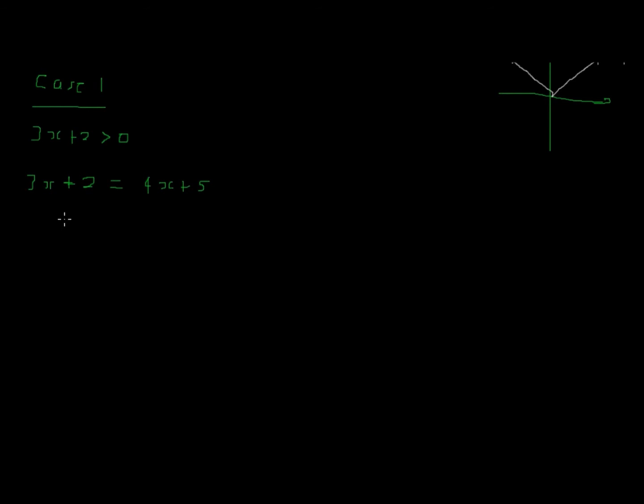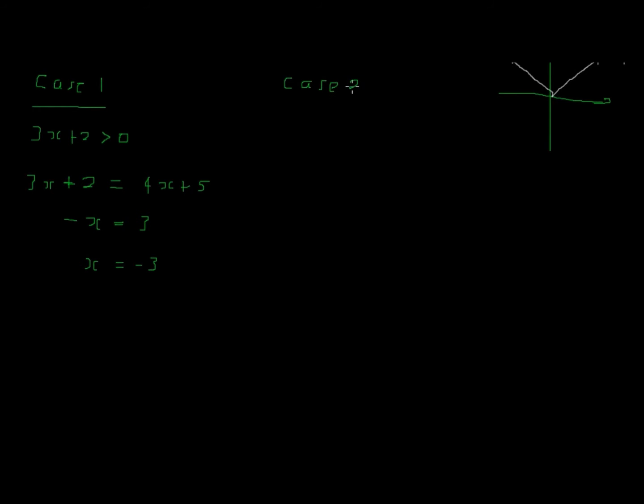So we subtract 4x from both sides, so we end up getting negative x. We subtract 2 from both sides, so we get 3. And then we multiply both sides by negative 1 to get x equals negative 3. Okay, so that's case 1. Case 2